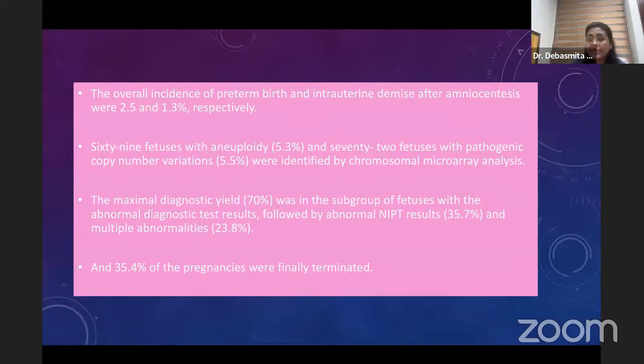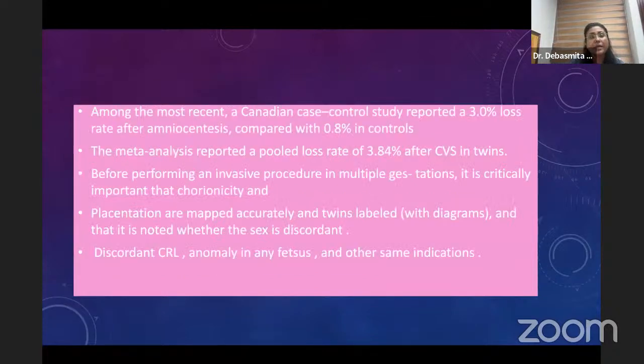So multiple abnormalities they have found in almost 23.8%. The whole scenario was like this in the late amniocentesis group. So 35.4% could terminate because of these late amniocentesis results. The recent study has shown there is a reported almost 3% loss rate after amniocentesis in the